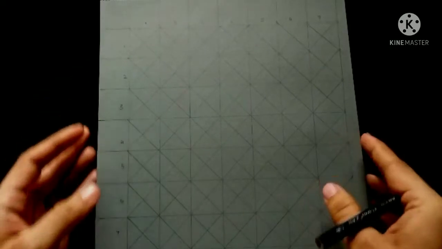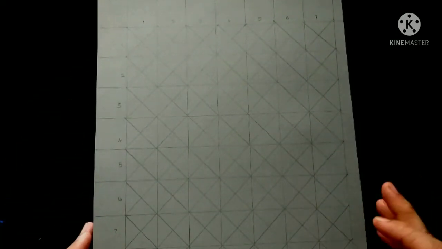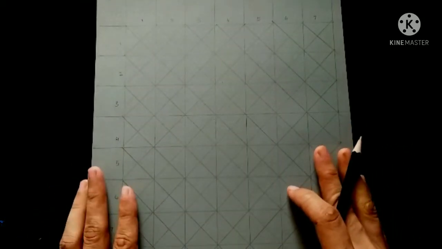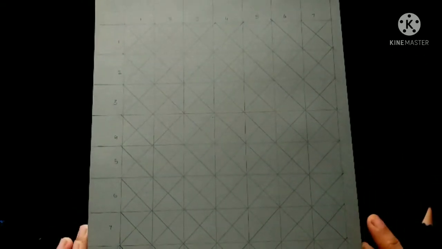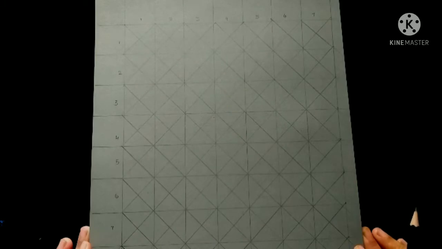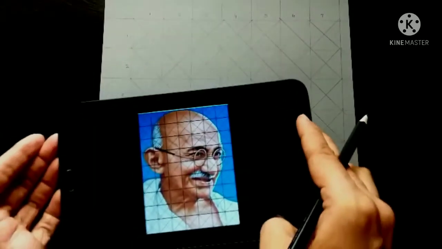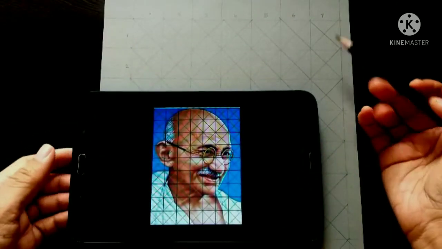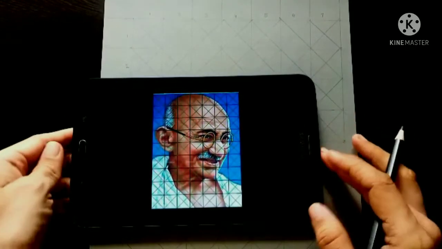And many of us find it difficult to draw, whether it may be a portrait or any other image or model exactly. So here I will be showing you how to transfer an image or draw an image using a grid. The app which I am using to make grids for the drawing is Grid app for drawing, which is available in Play Store. It is free, and after importing the image, I have selected a grid of 7 columns and 9 rows. The image will be imported such that it will be like this.